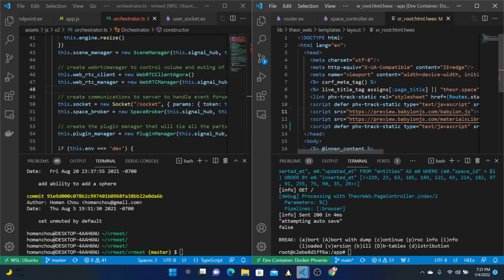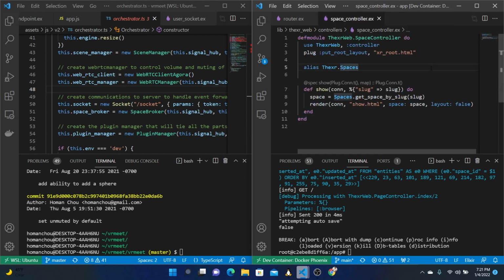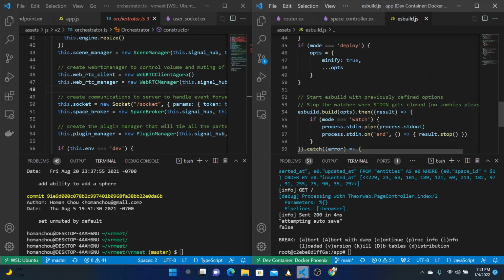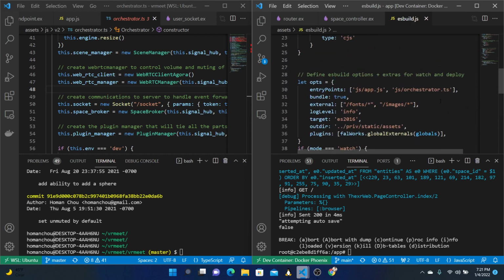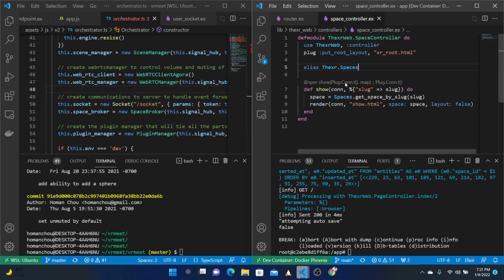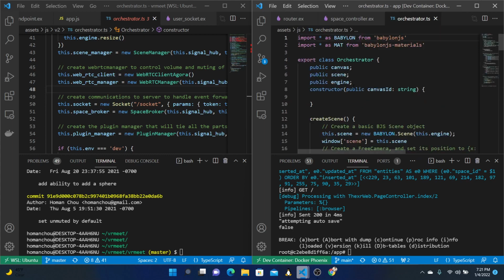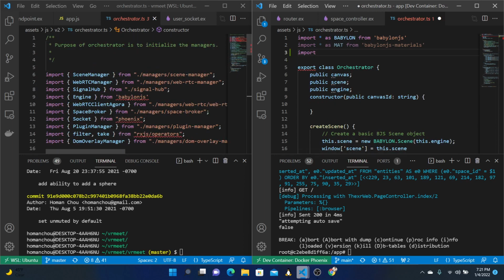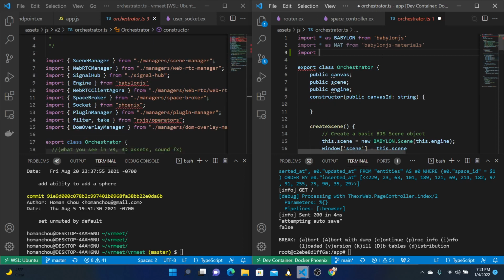Okay. Orchestrator.js, which starts with our ES build. We have these targets, these entry points, which is orchestrator TypeScript. So orchestrator here is a place where we could initialize the socket. We would need to import. And what are we importing here? We're importing socket from Phoenix. Import socket